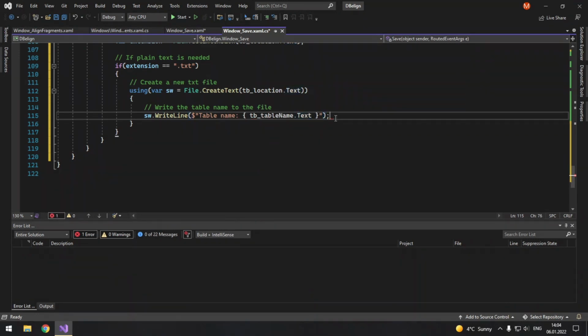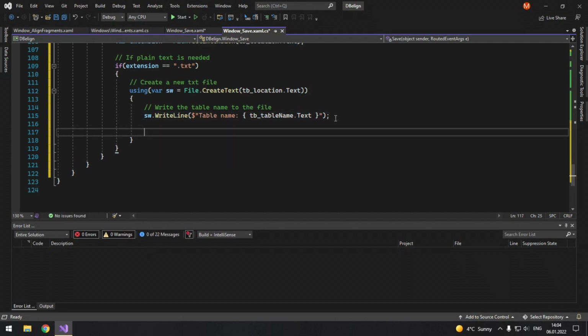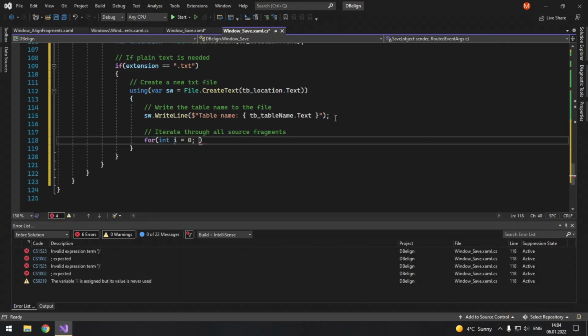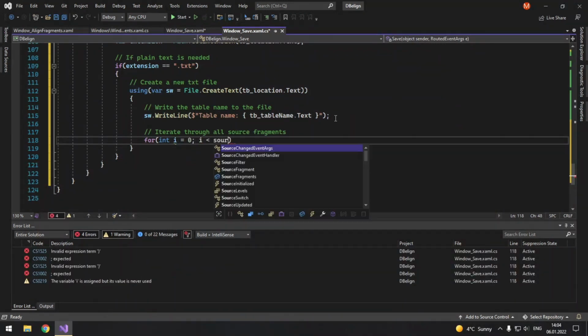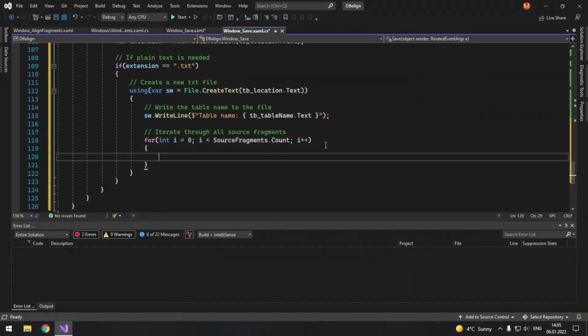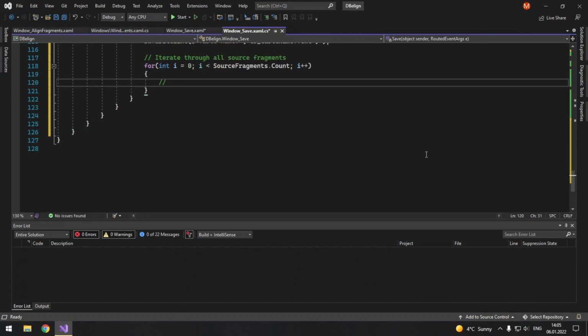Okay, and then we iterate through all source fragments. So for int i equals 0, i is less than sourceFragments.Count, and i++. And what we do here is simply add the source fragment and the corresponding target fragment.